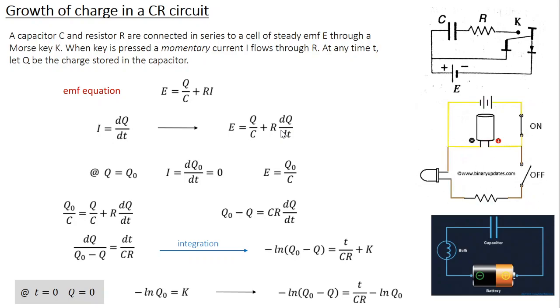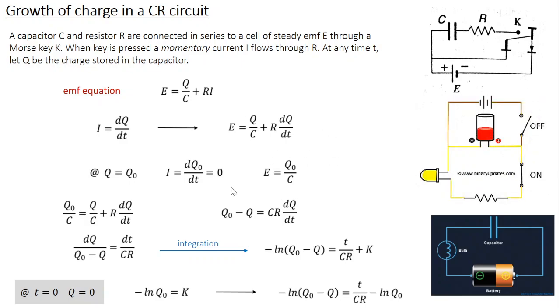Let's rewrite the EMF equation at Q equal to Q naught. So what happened? This term R into dQ by dt vanishes. In place of Q, I have Q naught now. So the equation is now E equal to Q naught by C. In other words, physically, what does it mean? This is important, guys, because whenever we derive something or do too much mathematical manipulation, it's important that we also understand the physics behind it. Sometimes we focus too much on the mathematics, but in that process the physics is lost.